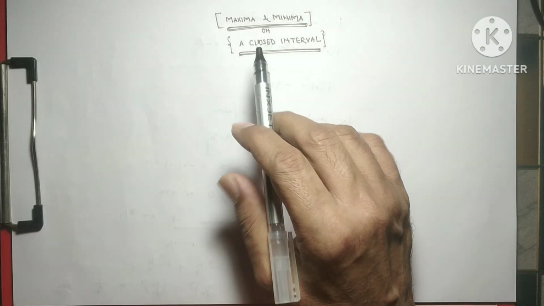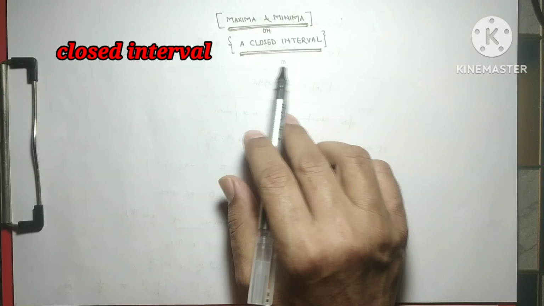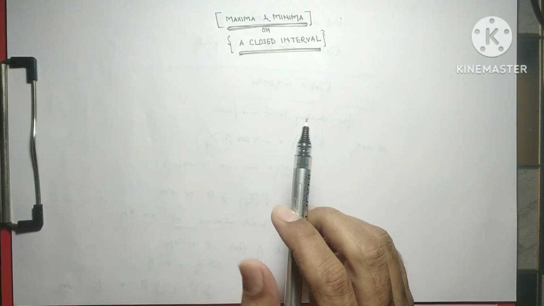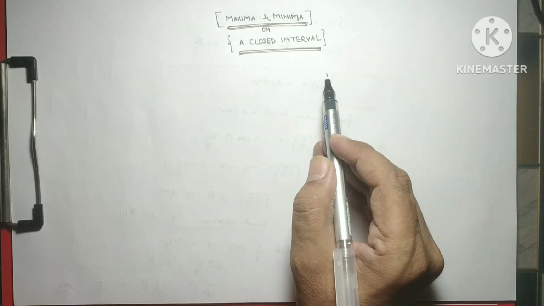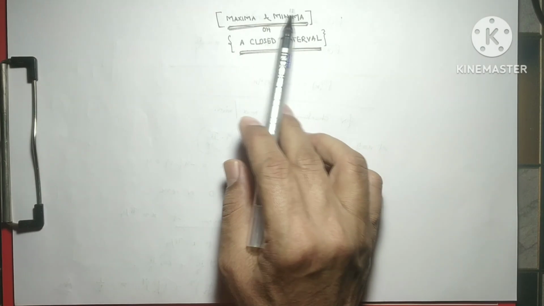Now this time we are taking the topic maxima and minima on closed interval. So this is a new topic at which we have a function and a closed interval, and we want to collect the maximum and minimum value